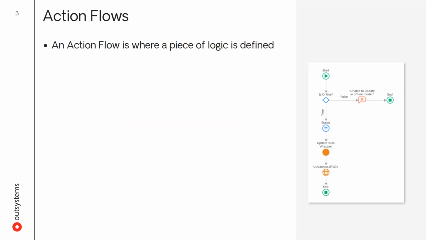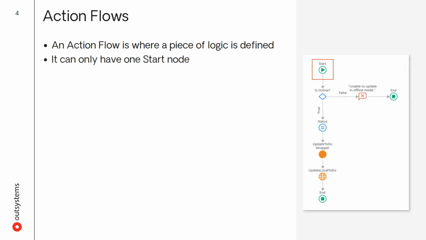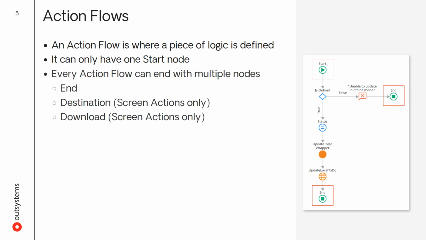Every action has a logic flow in it, which is where logic is actually defined. In a logic flow, we have a start node, where the logic execution begins. And then there can be one or more end nodes, which will finish the flow. Within screen actions, the destination node can also be used to redirect the user to a screen. The download node can also be used in some situations, like in web apps, to allow app users to download